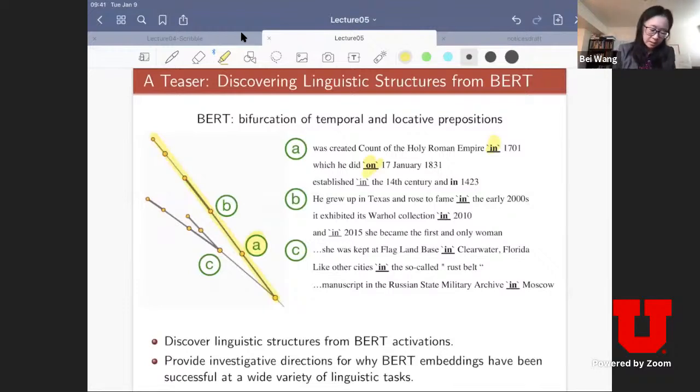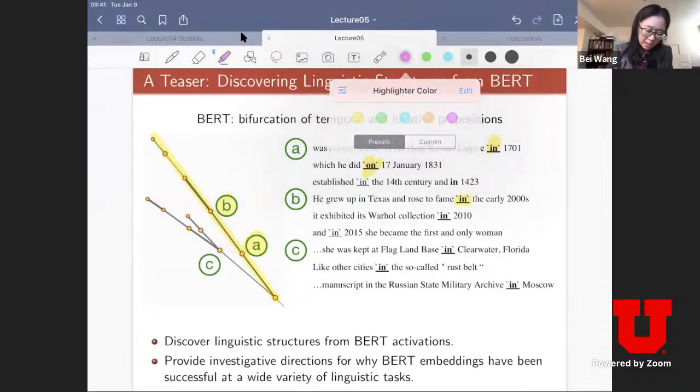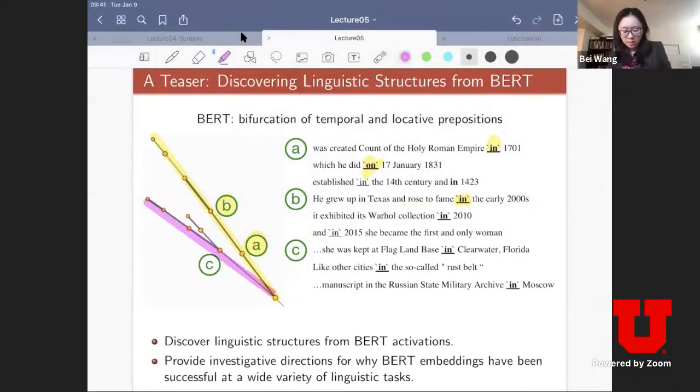Same thing with B. All those sentences in B give rise to the usage of "in" for time, in 2010, in early 2000, okay? But the interesting thing now, if I focus on the pink branch on the other hand, it's still using the word "in", except in this case, it's talking about "in" as in a location, like in Moscow, in Florida, in the so-called Rust Belt, okay? So now you see this really interesting bifurcation that actually corresponds to linguistic structure, as part of the BERT